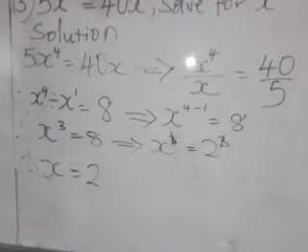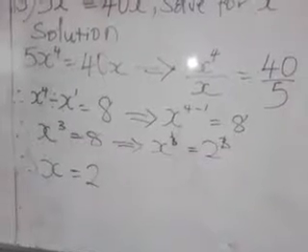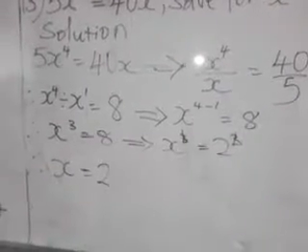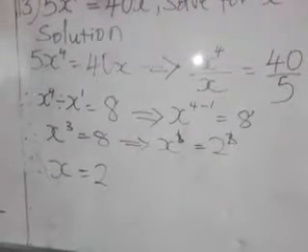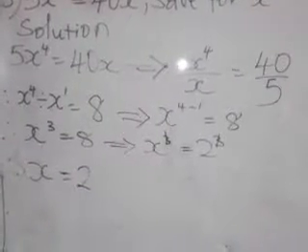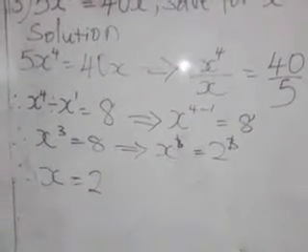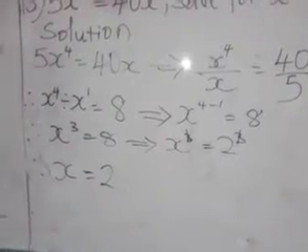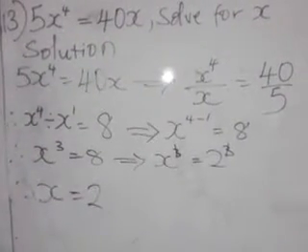The index here is 3. So I'll make 8 to have an index of 3, and that will give me 2 raised to power 3. So what I have now is x raised to power 3 equal to 2 raised to power 3, because 2 raised to power 3 is the same thing as 8. Then 3 cancels 3, and I now have x equal to 2. So the answer becomes